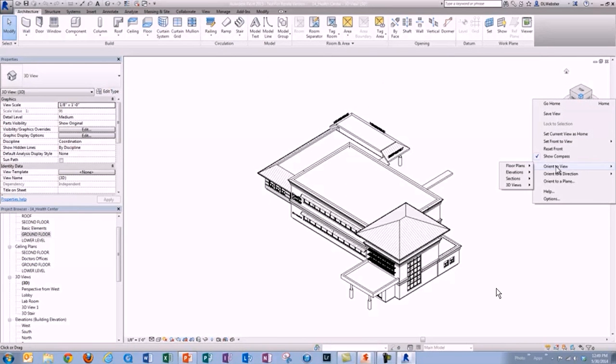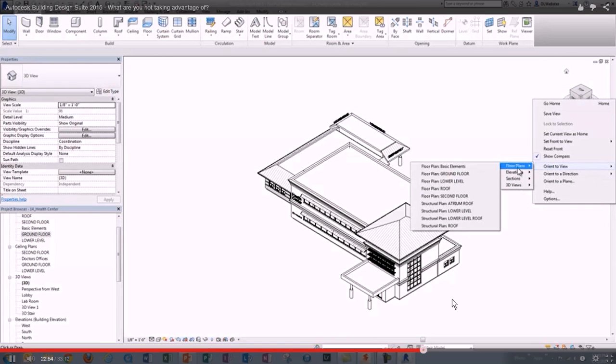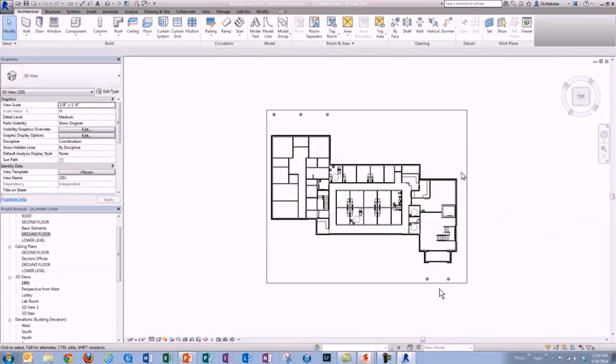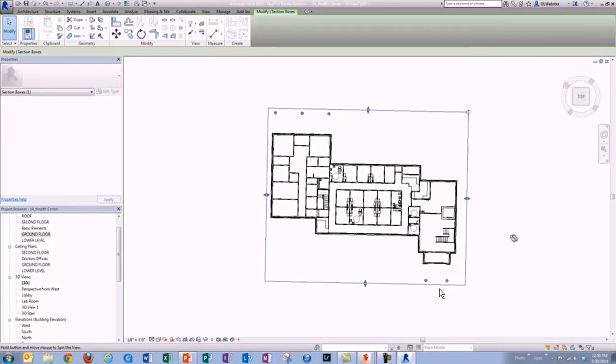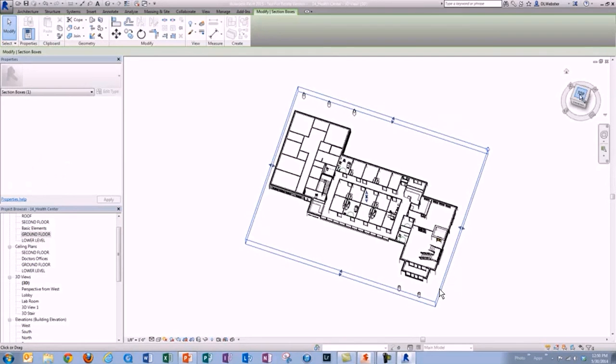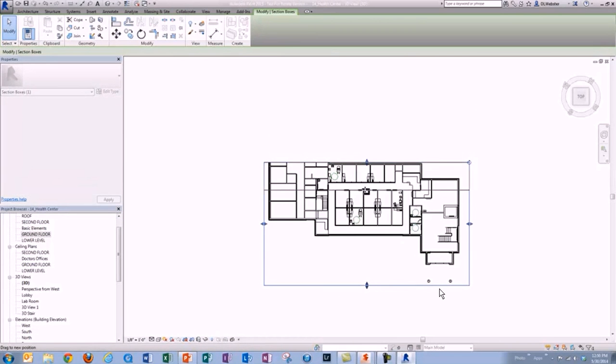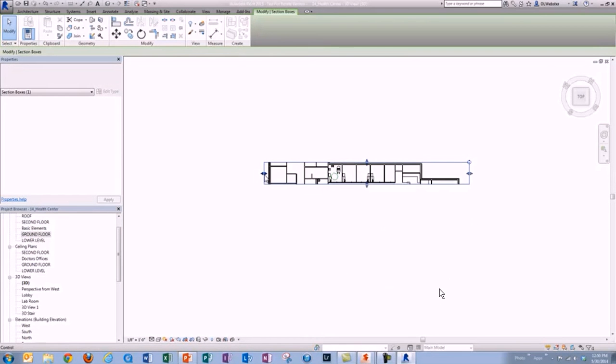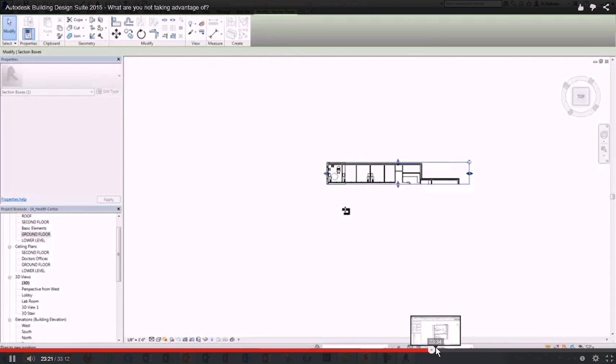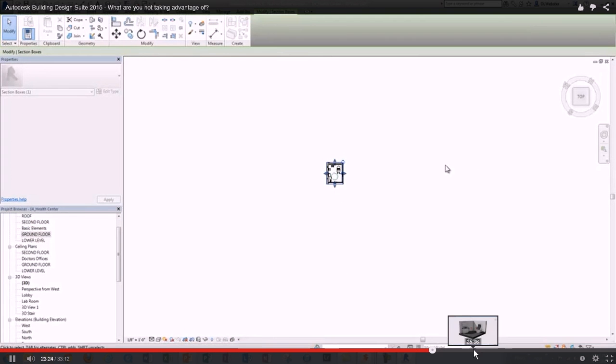Here's all my floor plans, my elevations, sections, 3D views. These are great ways to manipulate that 3D view for getting down to what you actually need to see. So I'm going to go to my ground floor. And then simply using Scope Box, narrow this down. So all I'm doing is paring the model down so we only see that patient room. So as you can see,